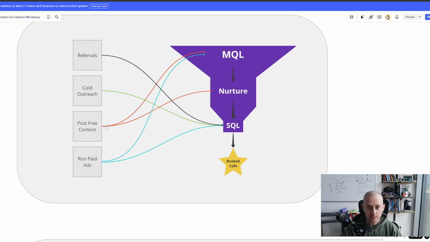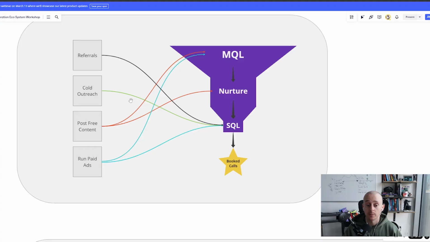And then posting free content, this is what we consider our top of funnel activity. Now, I will say every once in a while, posting free content, if you have the right calls to action, all of that creates SQLs, but posting free content for at least me, and as Hormozi lays it out in $100 Million Leads, this is more of the nurturing stage, right? So we're going to post free content to bring people in to our top of funnel, but also be able to nurture people that have existed in our ecosystem, and we give them free information, free value over time in order to bring them into a qualified call at some point in time.